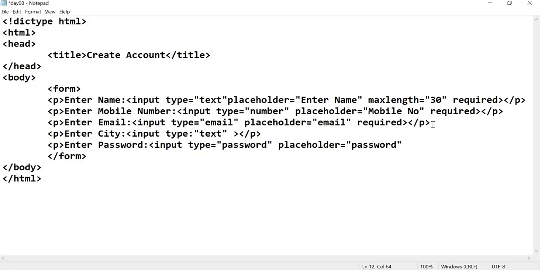Actually, placeholder is optional, but it makes the form look good, for the password. And then I'm also going to make this one required, and then the closing paragraph tag. Now I want to add a button. For the button, I'm just giving a button, no need for the paragraph tag: button opening tag, button closing tag. Inside this button I'm giving the name as Continue.